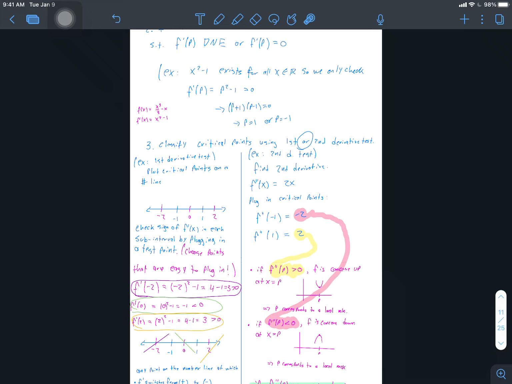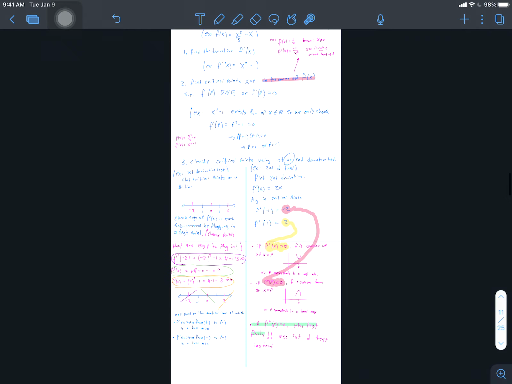Okay, so these are the two ways in which we can classify critical points. And this is what I would say is your handy guide for finding and classifying critical points. So when you're doing the homework and you have problems like that, I'd come back to this section and just remember these steps. I've got them numbered 1, 2, 3. First, find the derivative. Second, set the derivative equal to 0 and find where it either is equal to 0 or doesn't exist. And lastly, we want to classify the critical points using either the first derivative test or the